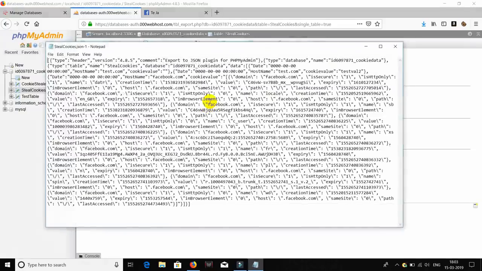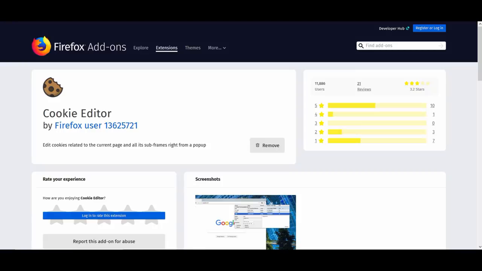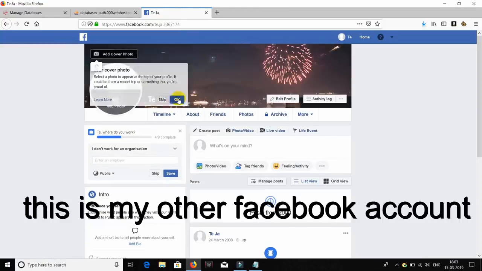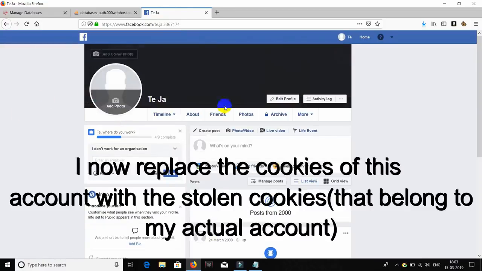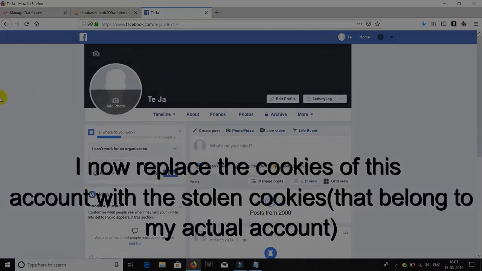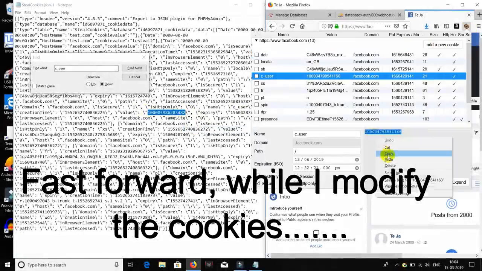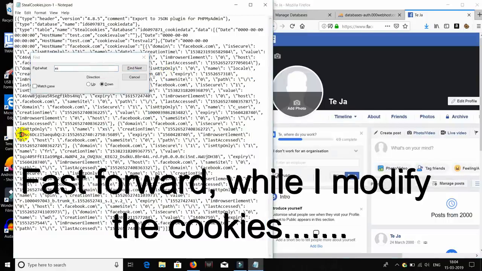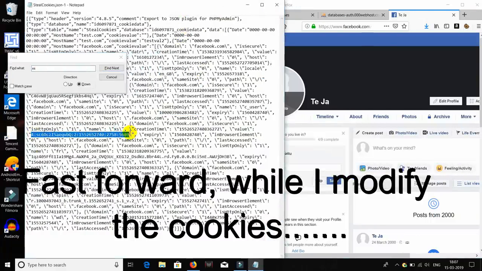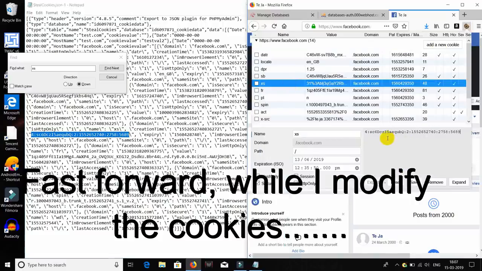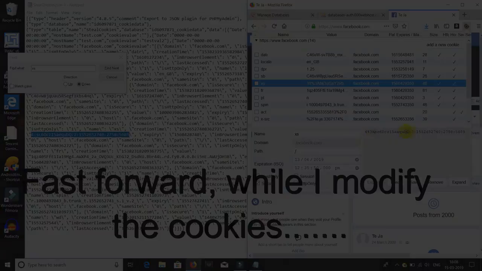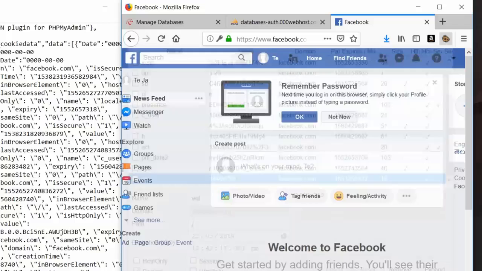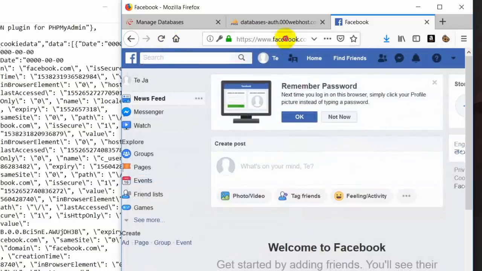Then I install this EditThisCookie extension on my browser, using which I can modify the cookies on any website. I then logged into my Facebook account, and now is the time to replace the current Facebook cookies with the stolen cookies that belong to my actual account. Once I replace the cookies and hit refresh, you can see that I am magically logged into my actual Facebook